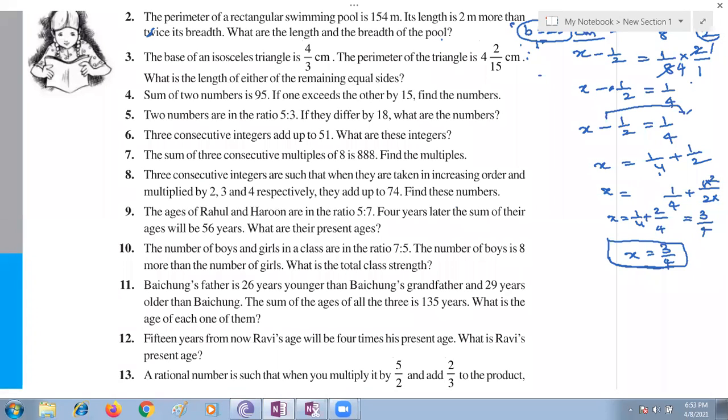Yes. So before going to this sum, we need to learn about isosceles triangle. What is isosceles? Two sides will be equal and one side will be unequal. The base is not equal, ma'am. Very good. The base is not equal, but two other sides are equal. In a triangle, if two sides are equal, we call it an isosceles triangle. But in our question, what is given? The base of the isosceles triangle is given as 4 by 3 centimeters.